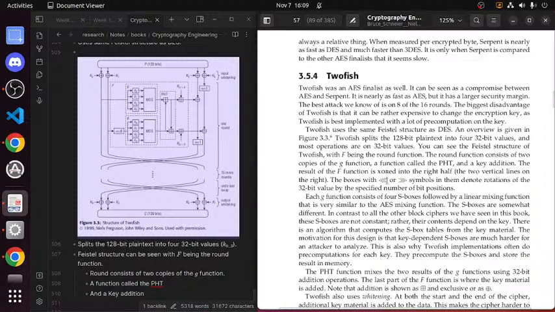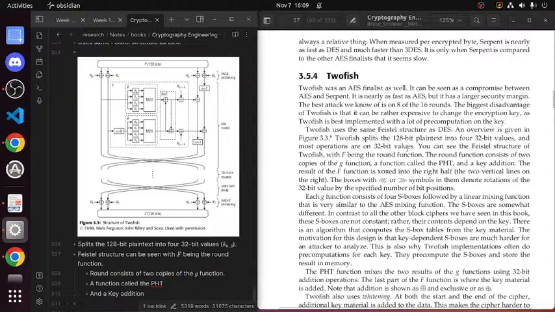Oh, and now it's gonna. Okay, I'm so excited. So we do an addition. The result of the F function is XORed into the right half, and the two vertical lines on the right.